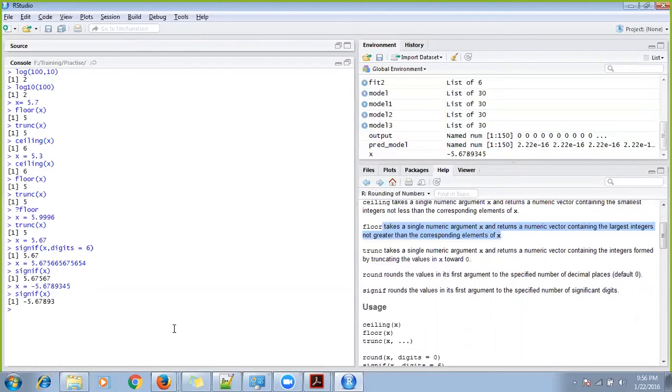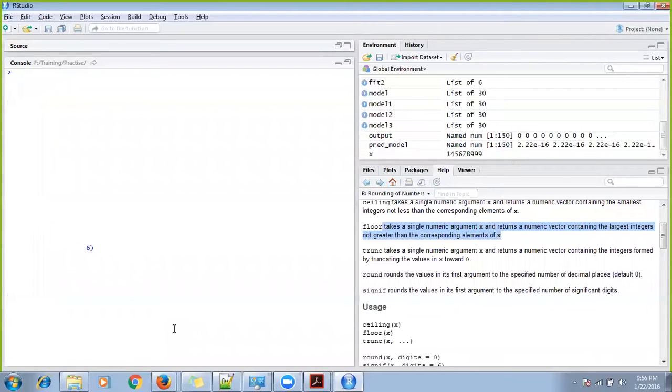Now let me try one more thing: 1, 4, 5, 6, 7, 8, 9, 10. This is just a pure number, and let me see what the signif function does in this case. Is it truncating or not? I need to assign it. Let me assign x equal to this number. I have assigned a bigger number, more than 6 digits, without any decimal places, to x. I'm running the signif function of x.